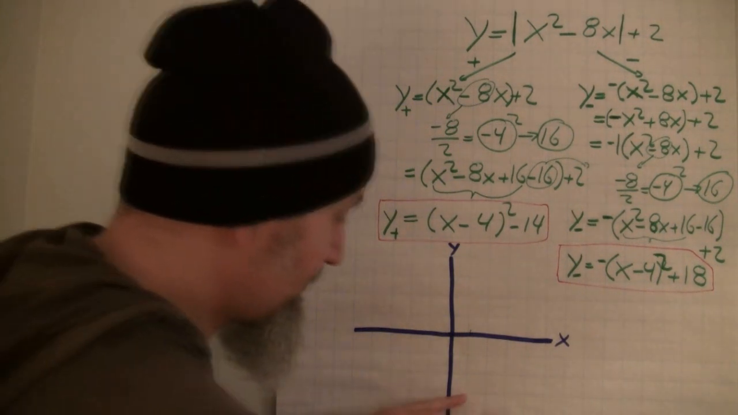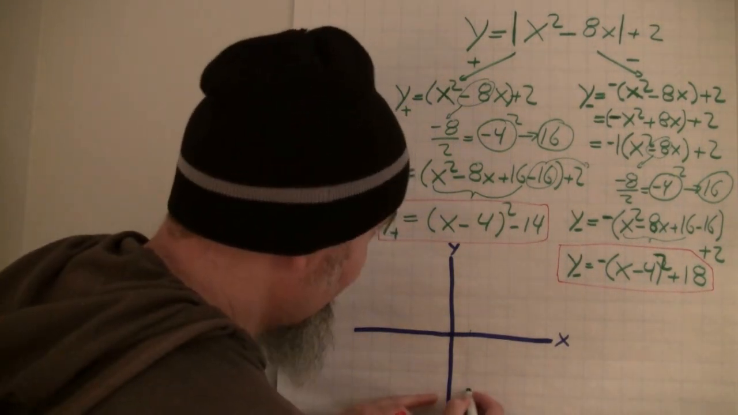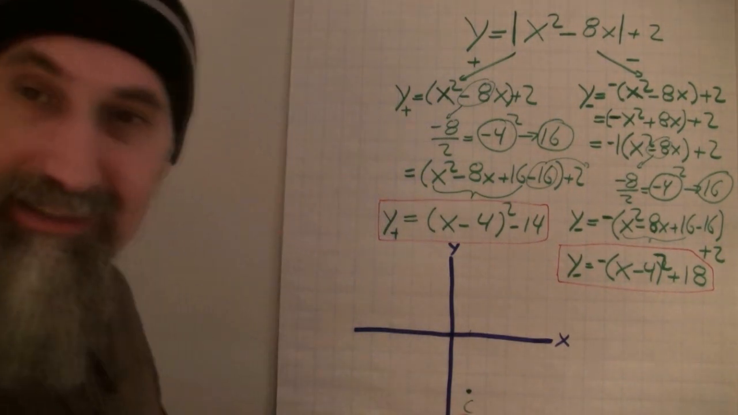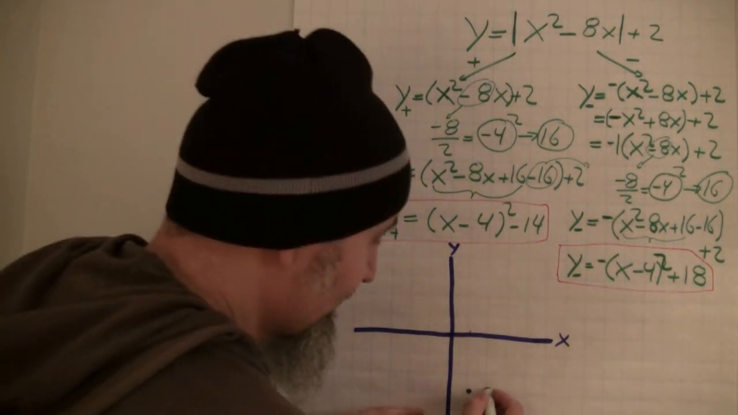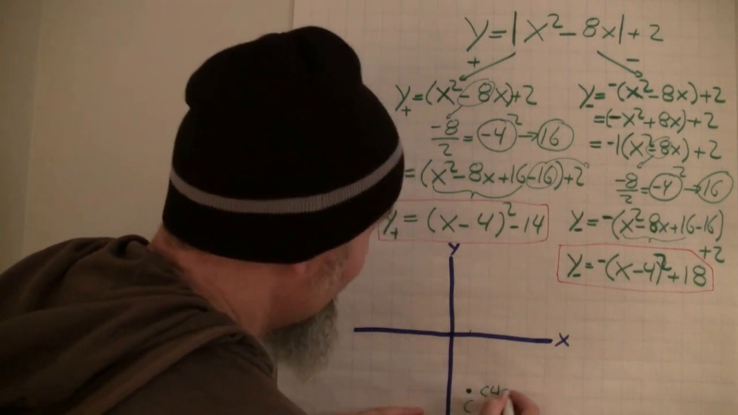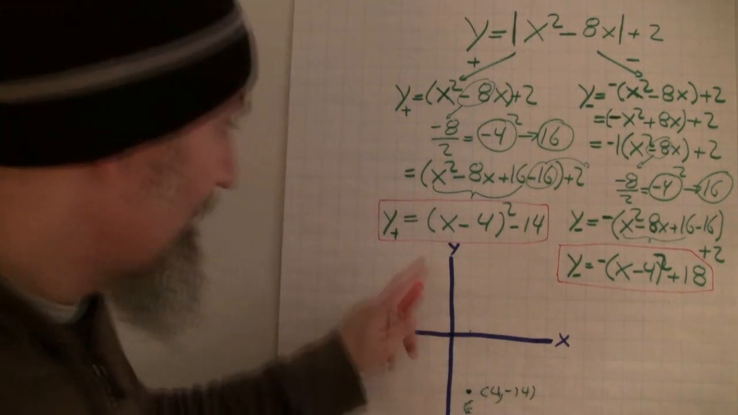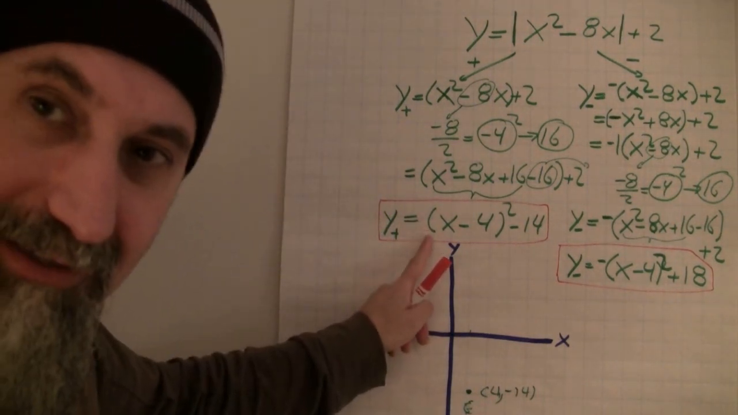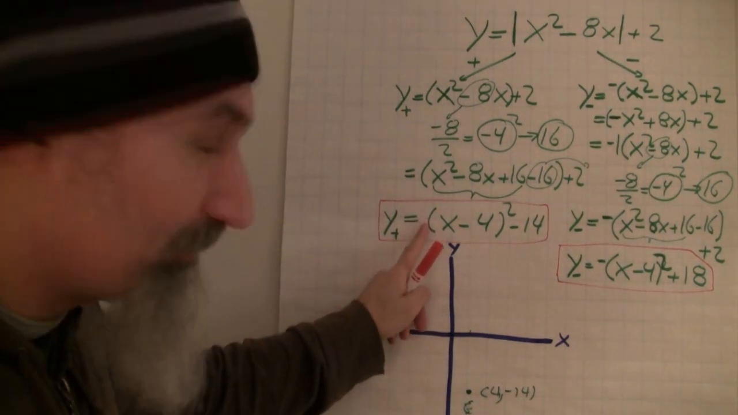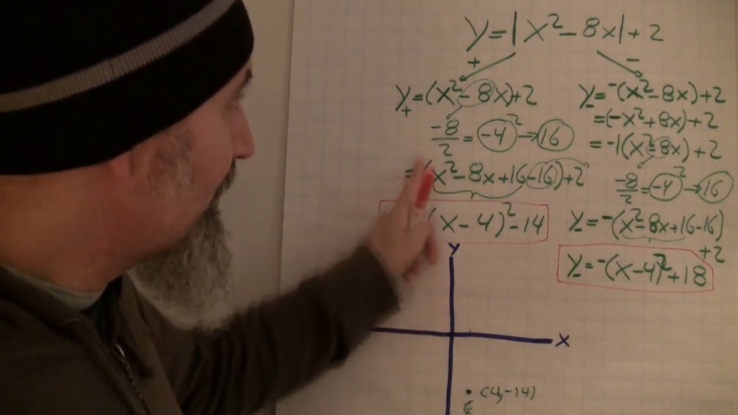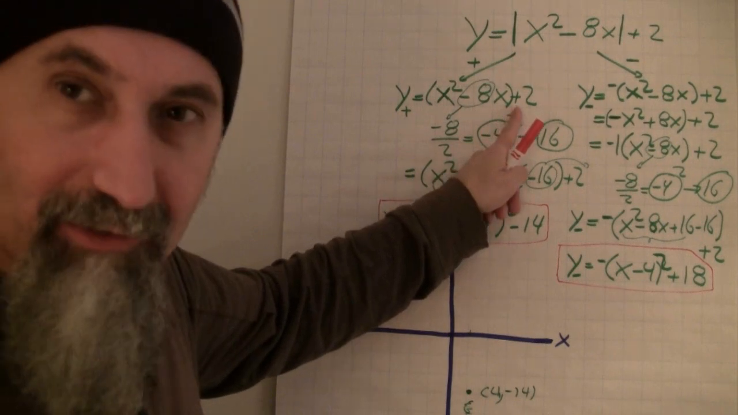Let's put it down here. Okay, so this is, can you even see this point? Nope. Let's put this guy here. This is 4 and negative 14. That's our vertex. This is positive in front of the bracket here, so we know the parabola opens up. We're going to go back to here and find our y-intercept